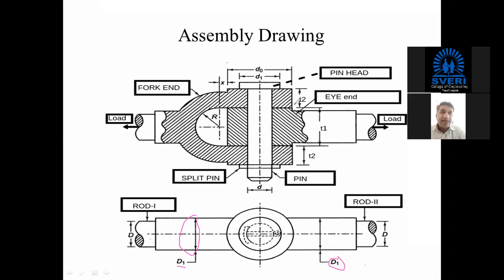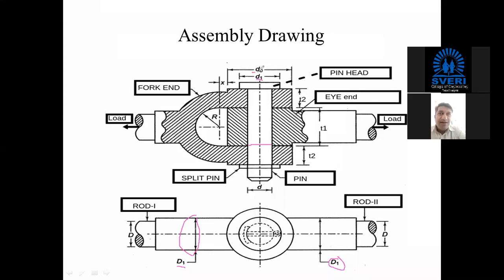Then we are going to consider that small d is the diameter of the pin. Then small d1 is the diameter of the pin head,